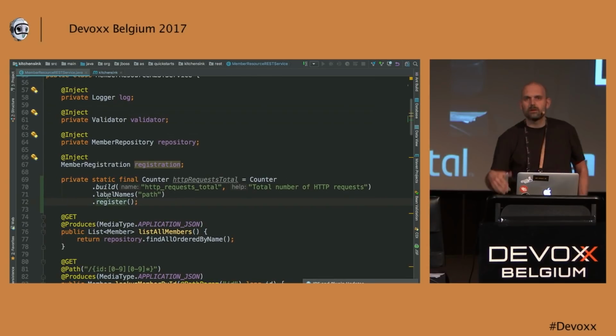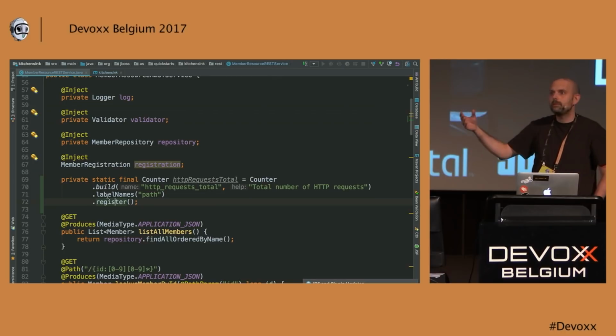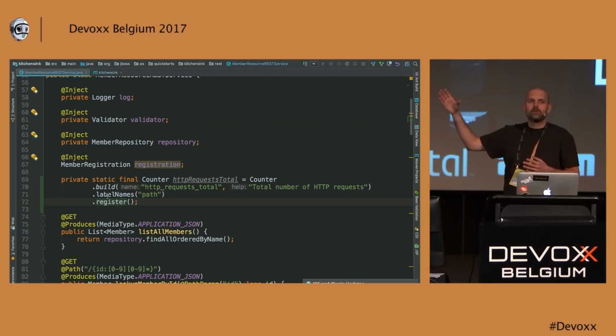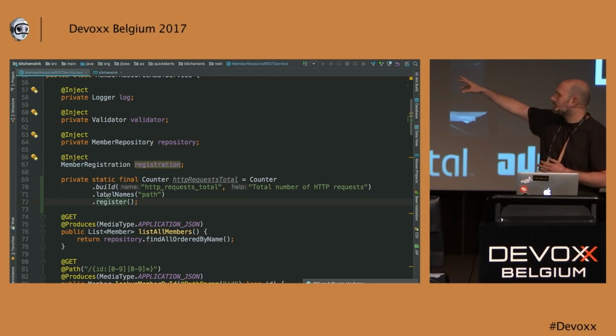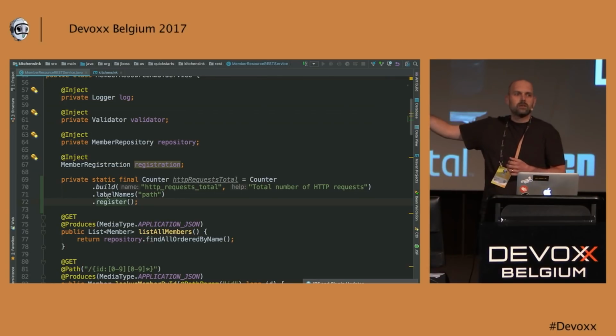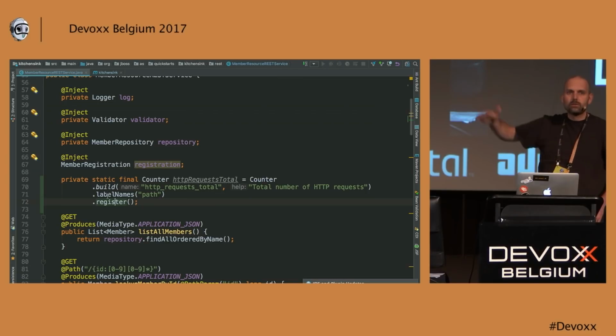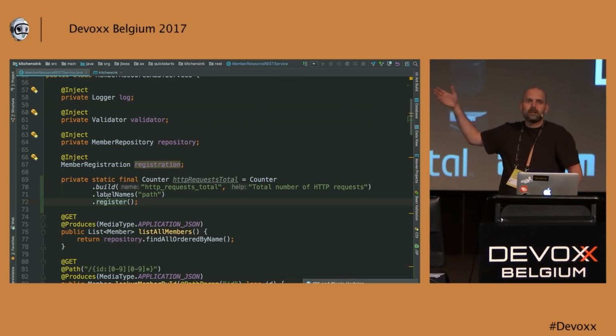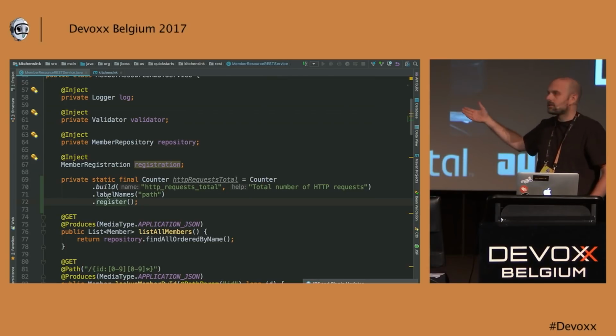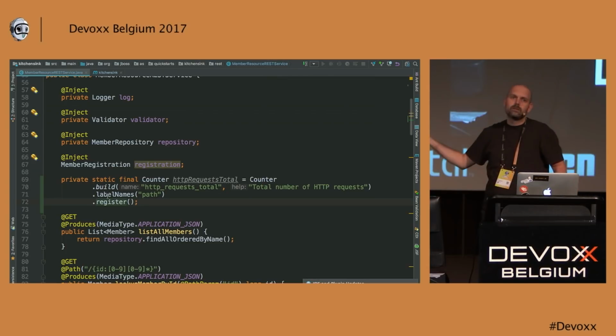So what's happening with register is the Prometheus client library has a global variable or like a static variable, which is a list of all metrics that are known to the system, okay? And register will just take this counter and put it to the list. And then later, when our servlet goes ahead and exposes the metrics, the servlet will just go through the list and expose everything it finds there. And that way you can basically just define metrics wherever you like in your code. As long as you call register, it will be in the list